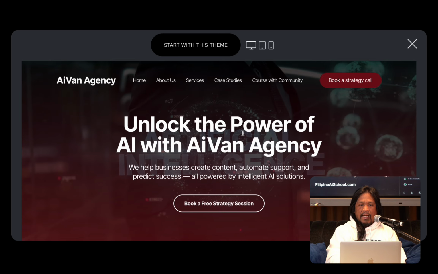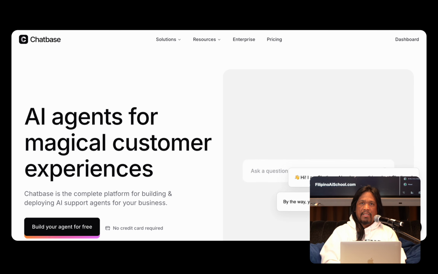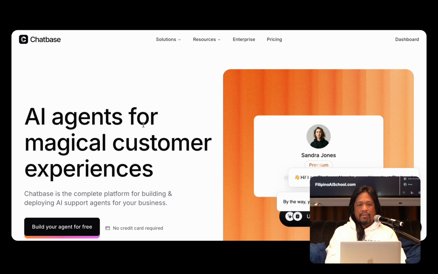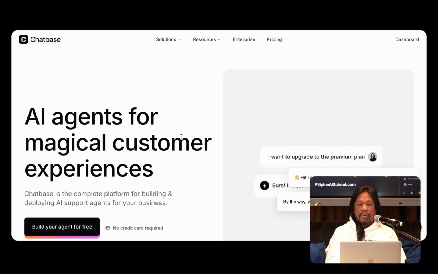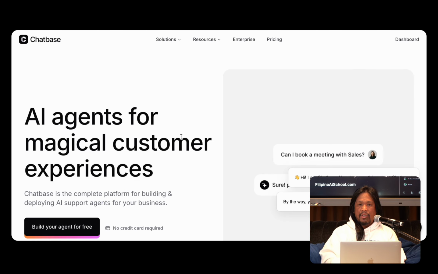All right? So ang tool na gagamitin natin for today is called Chatbase. This is a no-code platform for building AI agents. So, ito ang ating tool na gagamitin for today. Although, there's a lot of no-code building platforms for developing AI agents. You can also check out